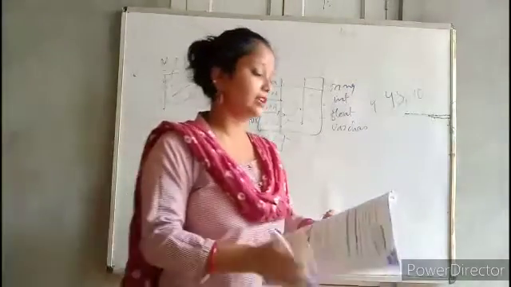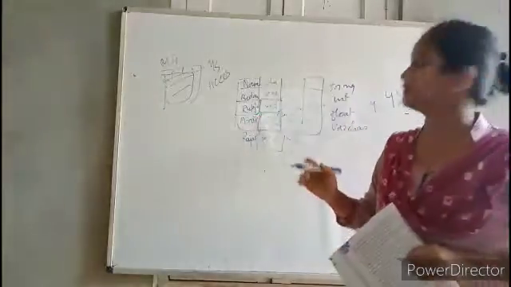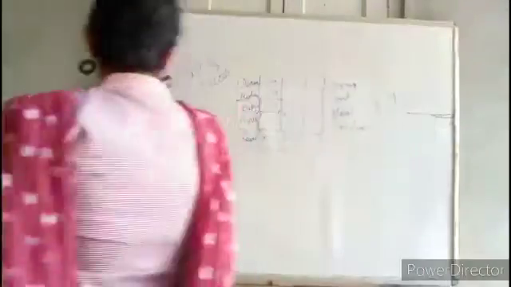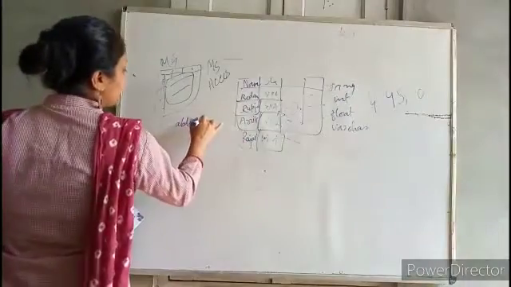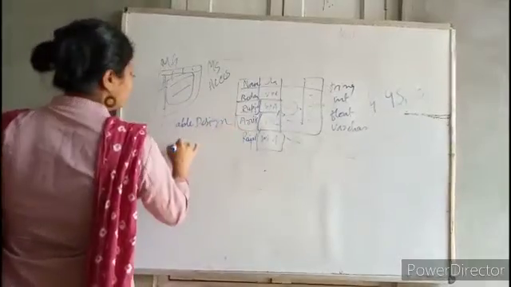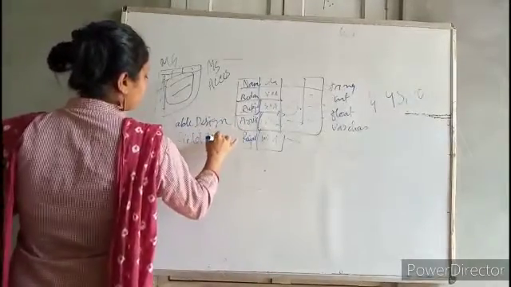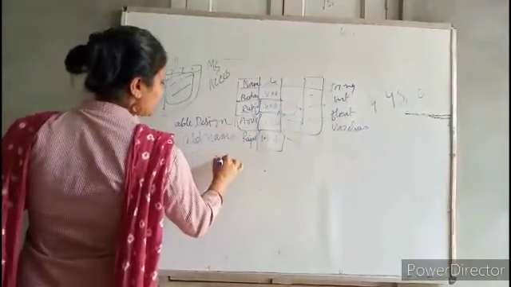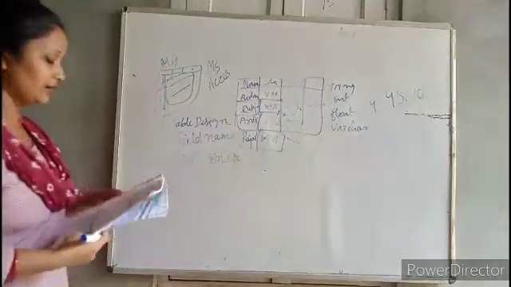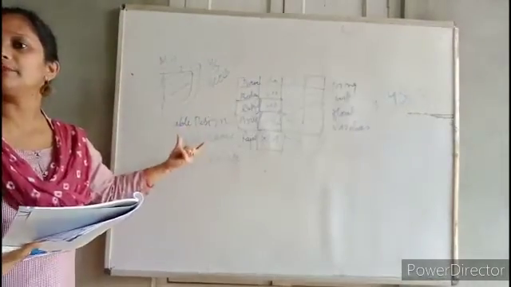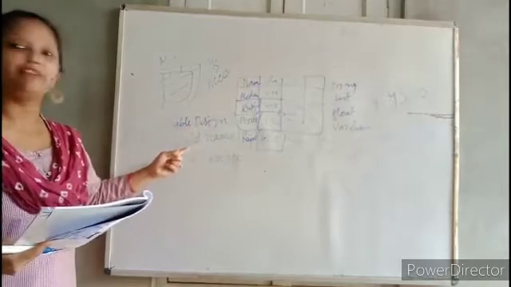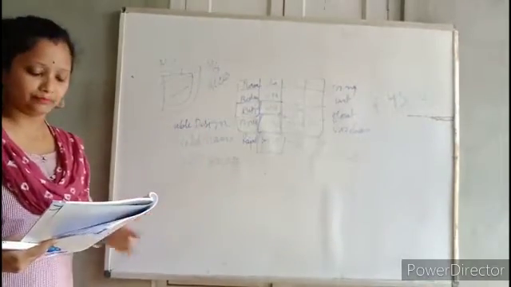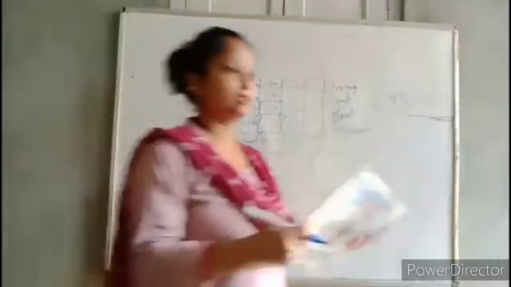So table design, what are the designs you are getting? For table design, suppose you don't want this format, you want another format. Where do you have to go? You have to go to table design. Then field name. Then SNO, serial number, and press enter. So first you have to go to table design, then type the field name, then serial number and enter. Then you can change the format of the tables.